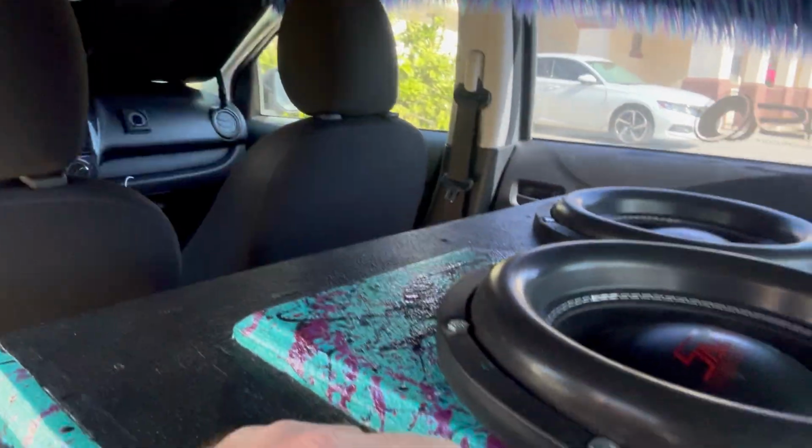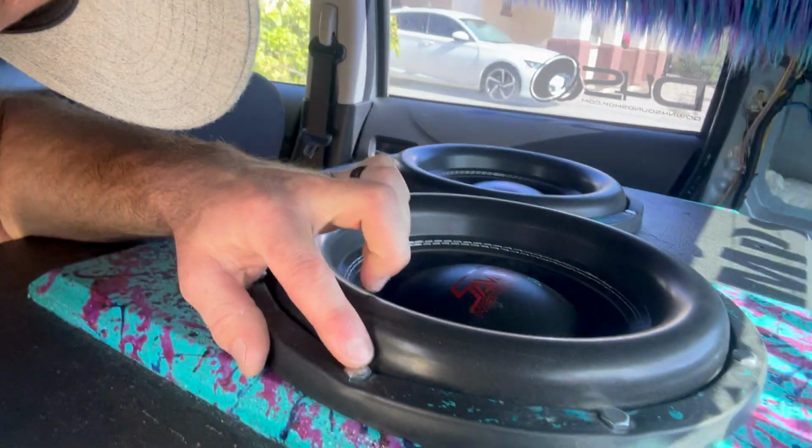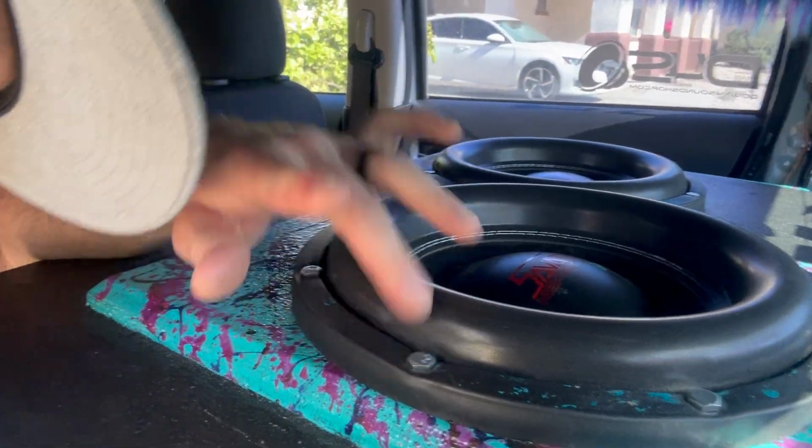Well, now that we got the box in there, it's time to put the subs in there. And if you guys remember, I like to use these things right here, like 1/4 bolts. So what that entails is kind of a pain in the butt, and honestly, I don't know if I'm gonna do it like this next time, but I gotta get in there with a backup so that I can get a nut on that. So I'm basically reaching in through the porthole to try to